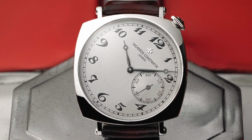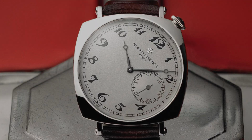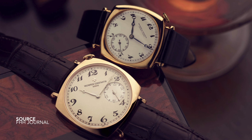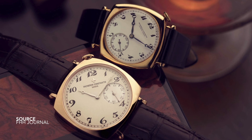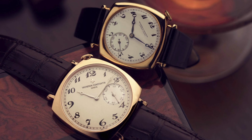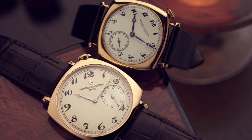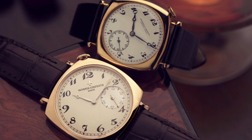You don't have to be an academic or anyone very experienced in this hobby to see why this watch has its own stature, its own status. It resembles the 1920s, a period where the Great War had just ended. The world was transitioning into this age of opulence, where everything was a lot more free-flowing, there was more creativity,